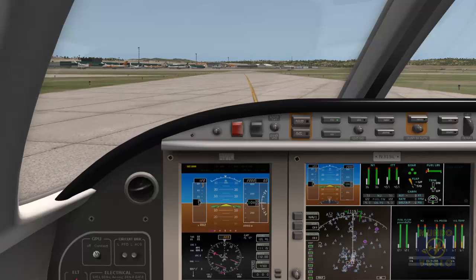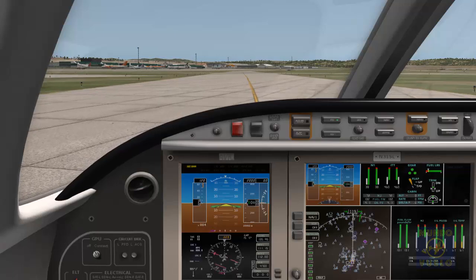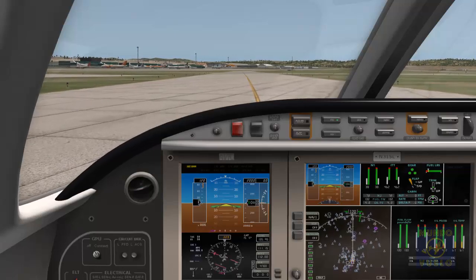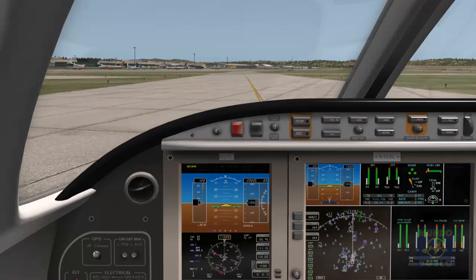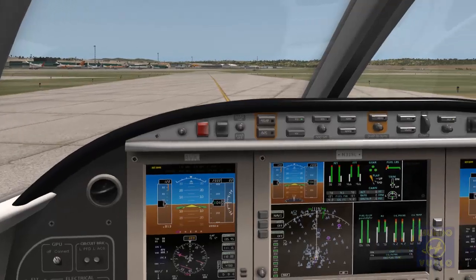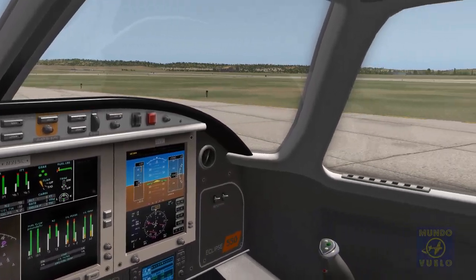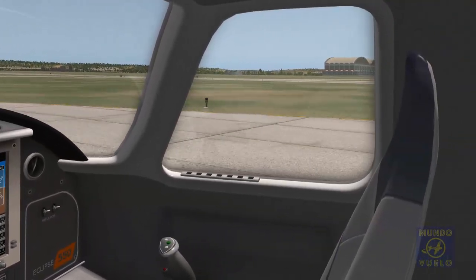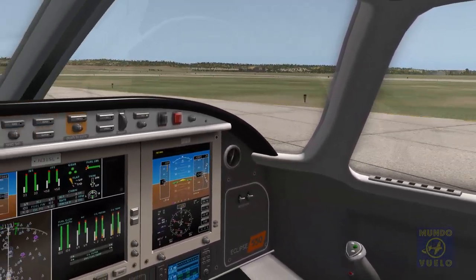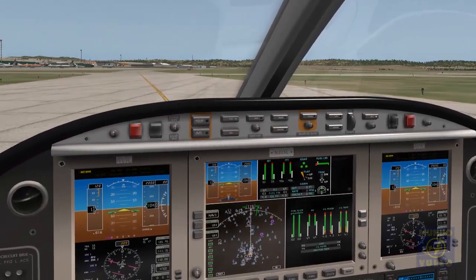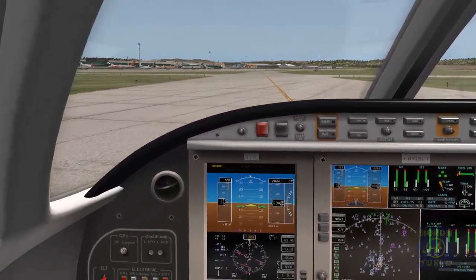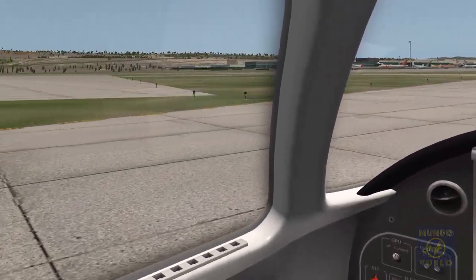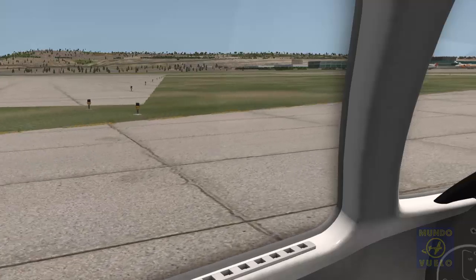So we're moving forward, as I said, to the parking zone. And remember, we will move slowly and softly until we reach the parking area. This is not a Formula 1 car, so we will go softly. Okay, we will follow the yellow line, as you can see it there, and the yellow line will separate into several lines,